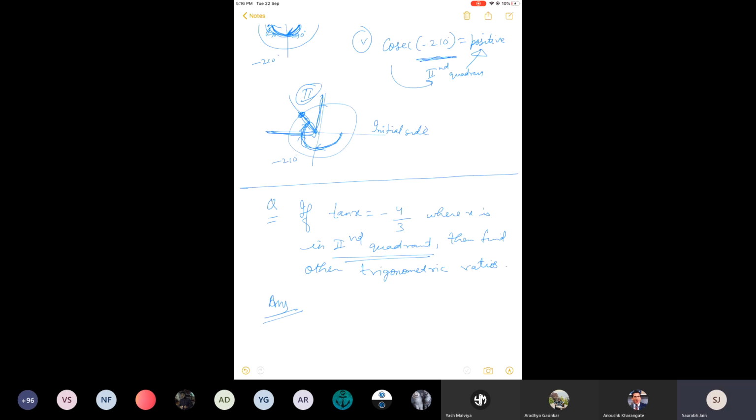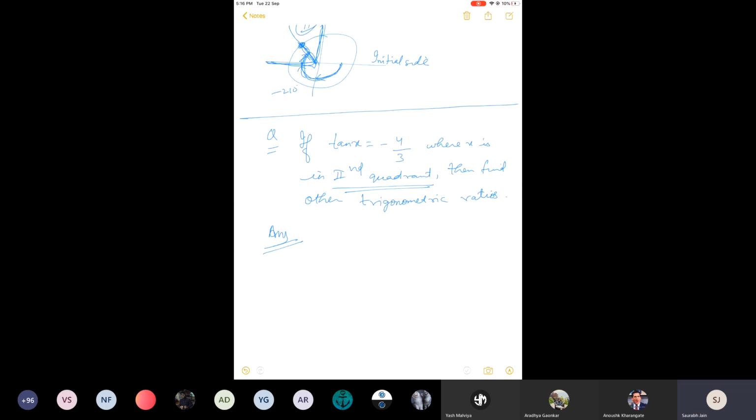On the basis of this information, you have to find the other t ratios. Okay, who can tell me what is the trigonometric identity that relates tan x? An identity in which tan x is present. Please tell me. What is that identity? So tan x is equal to sin x by cos x. No, that is not an identity. You are telling the formula of tan x. I am asking you what is the identity. Sec squared x equals 1 plus tan squared x. Yes, 1 plus tan squared x, right? So always solve this question like this in your school exams. Even it can be asked in some objective format also. Use identities, right? So tan is there, so we'll use this identity.